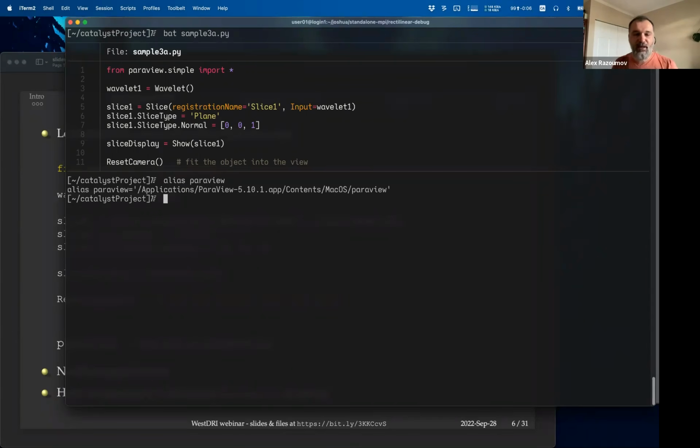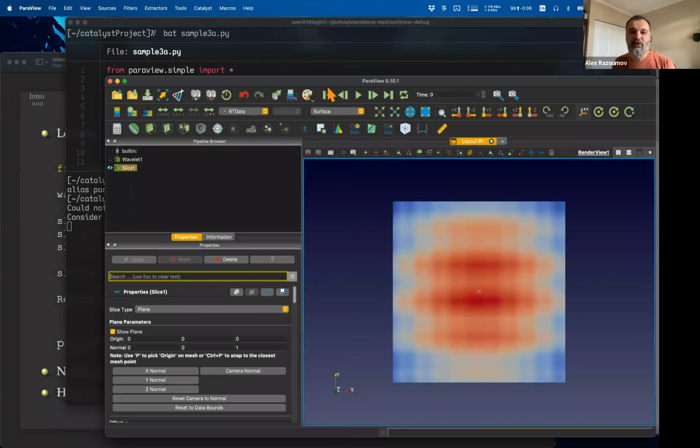Here I'm running this locally on my MacBook. I have ParaView 5.10.1, the latest official stable version of ParaView, installed. And then I'm going to call the ParaView application from inside this folder. So I'm going to say paraview --script= and then I'm going to paste the script to it. This is going to launch ParaView, and then it will run the script and then show the result inside